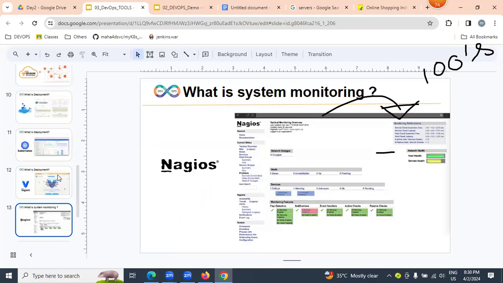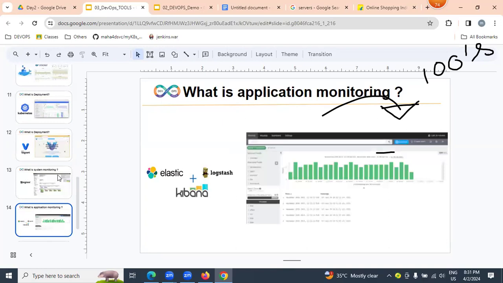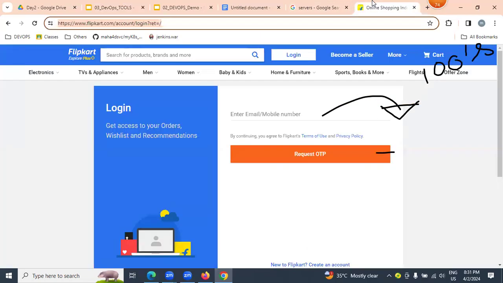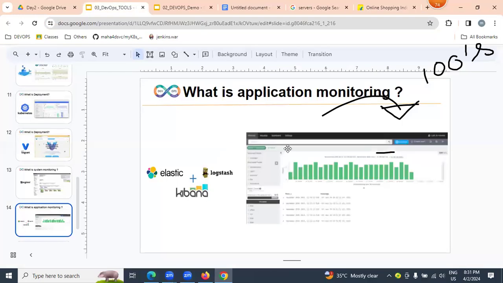And we're going to learn Nagios. Nagios is system monitoring. With the help of Nagios, we can monitor our servers, whether they are down or up, what the RAM is, what the CPU is, what the user load is, each and everything will be monitored. And we're going to learn ELK, Elasticsearch, Logstash, Kibana. With the help of ELK, we can monitor our applications, how exactly the performance is, like Flipkart. Each and every action internally generates logs. Those logs will be monitored, and on top of it there will be statistics and analytics.